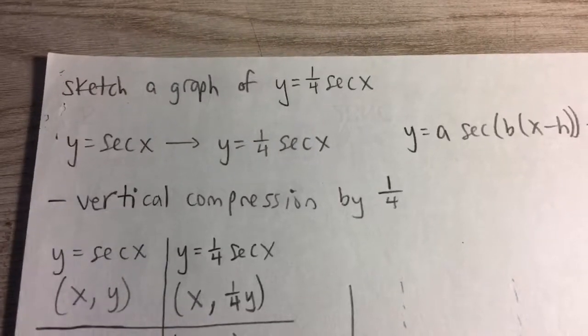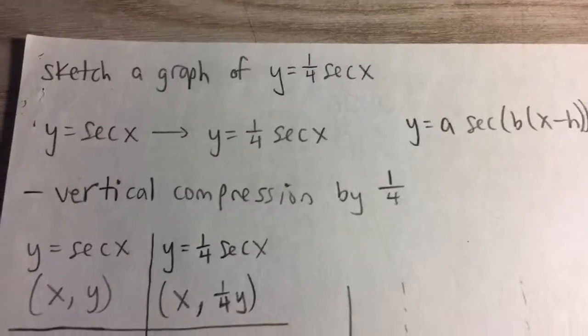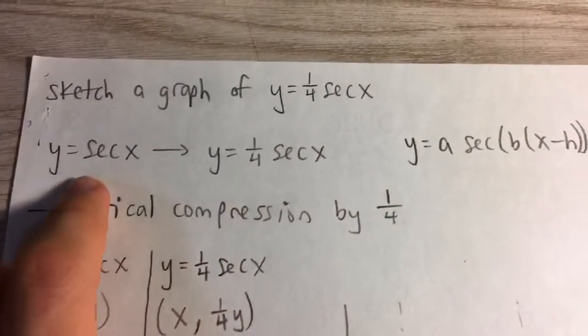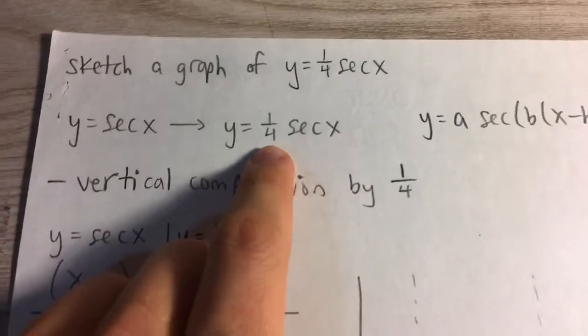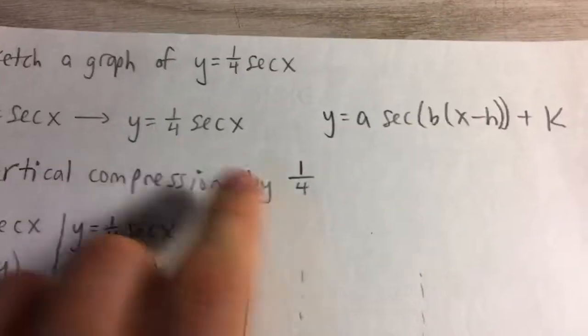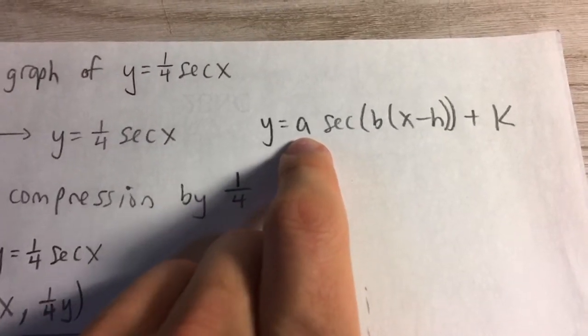Sketch a graph of y is equal to 1/4 secant x. First off, what we're going to do is compare it to the original secant function and see what the transformations are. You see we have a 1/4 in the front. If we compare that to the general form of transformations for the secant, you can see that this corresponds to